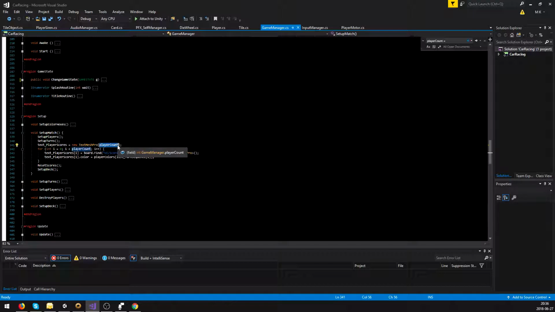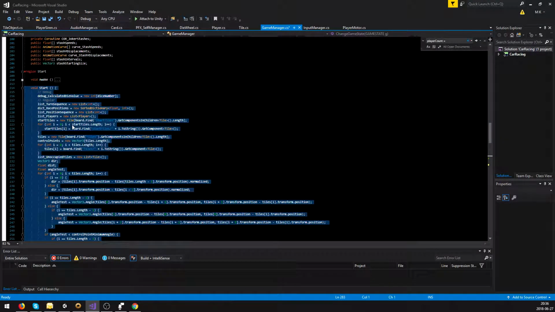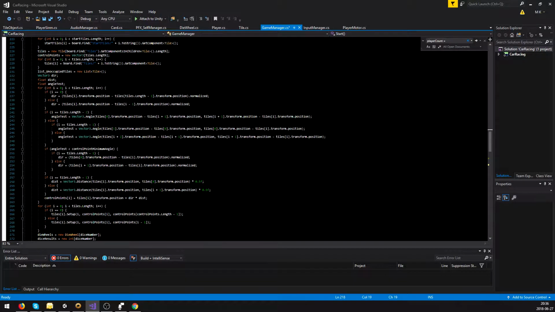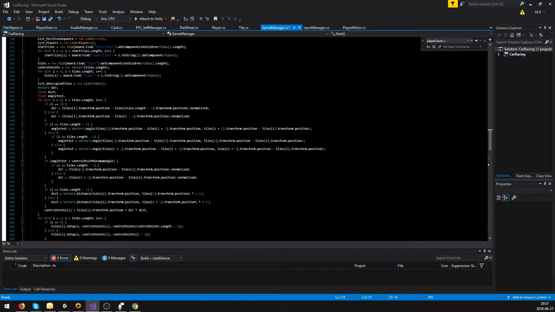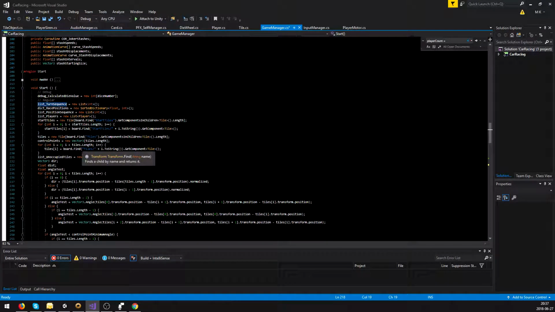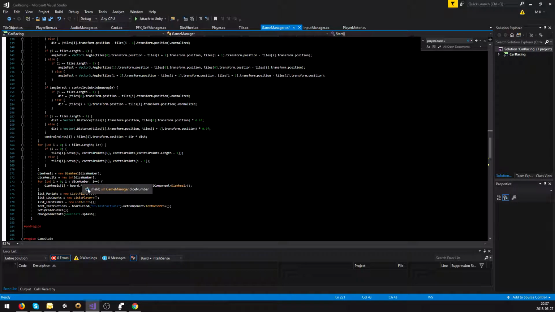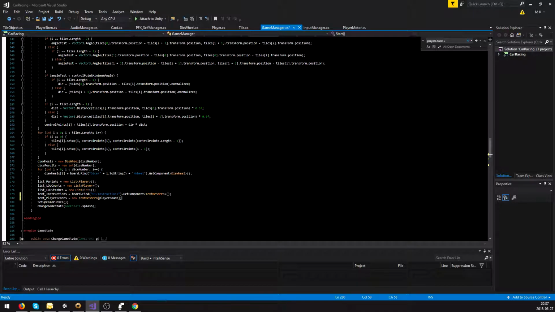objects. By the way, try not to rotate that much. I can't see any of the screen otherwise. Sorry. That's okay. So text player scores, right? Cut this and let's put it in start. So let's see what we got here. Regular. I don't know what that even means. I guess it's opposite of debug or something. So let's simply put them here or something. Unoccupied tiles. This is all tile related. I'm trying to be semi-logical. Okay, here after text instruction, paste it. So instead of player count, it needs to be